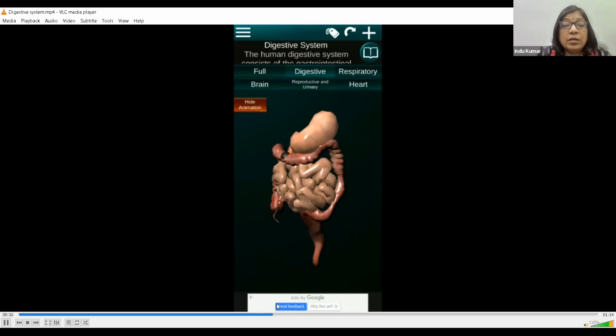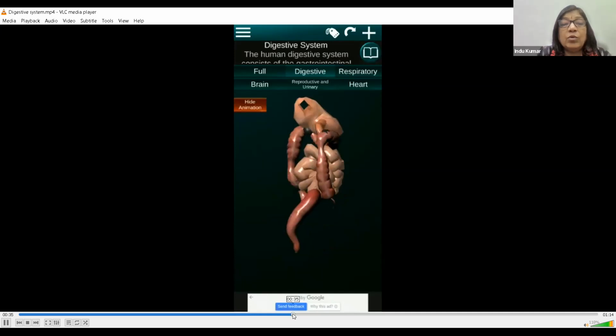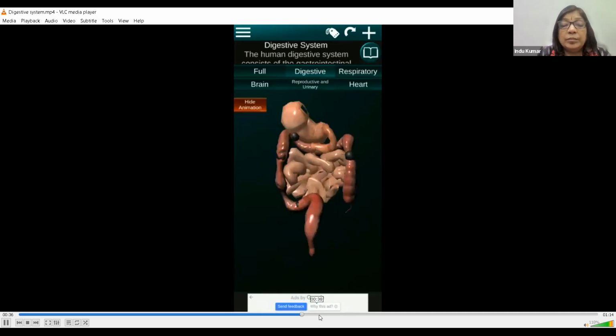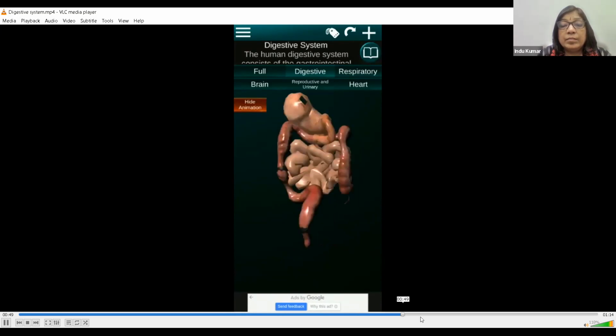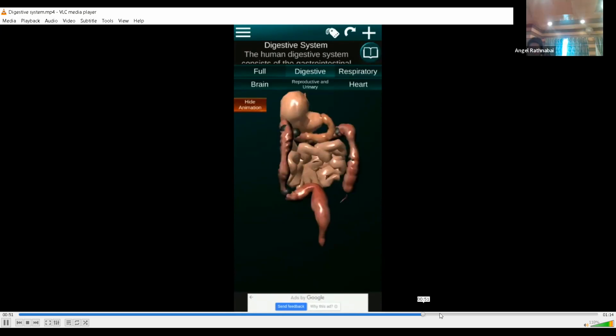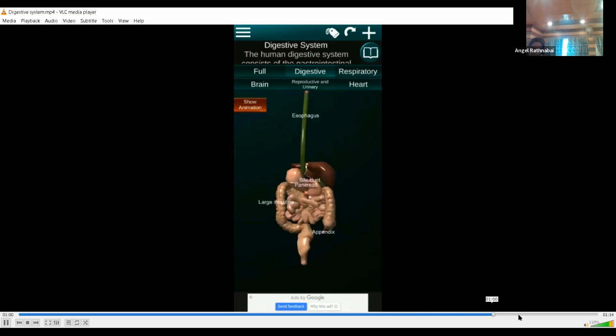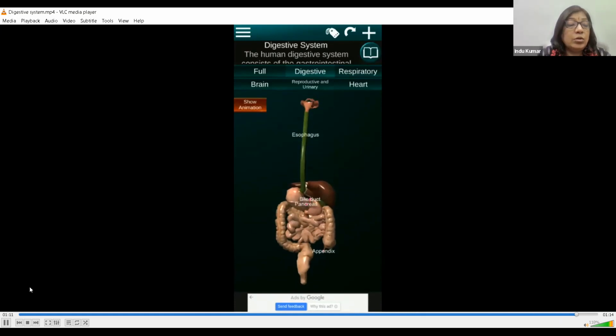So you can see the simulation of all such processes through this digital content, along with the labeling of organs. Let me show you another one.